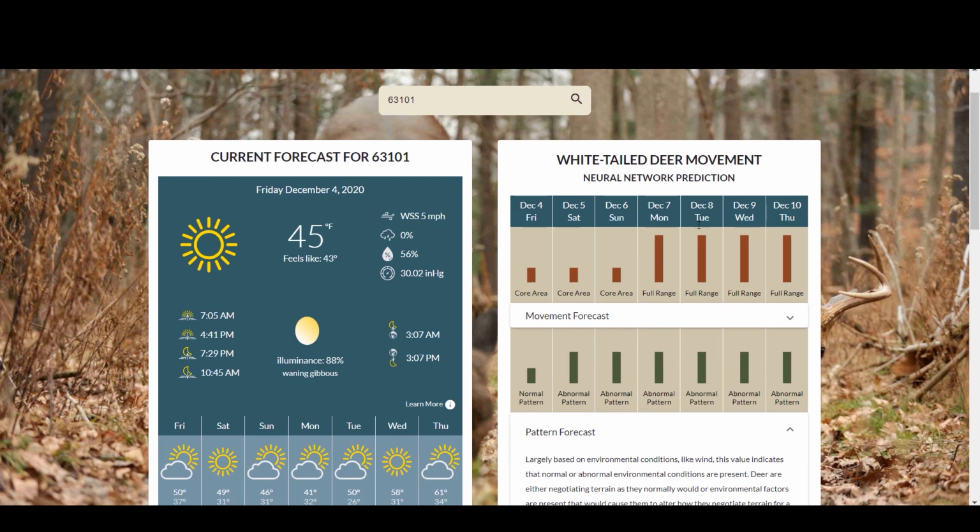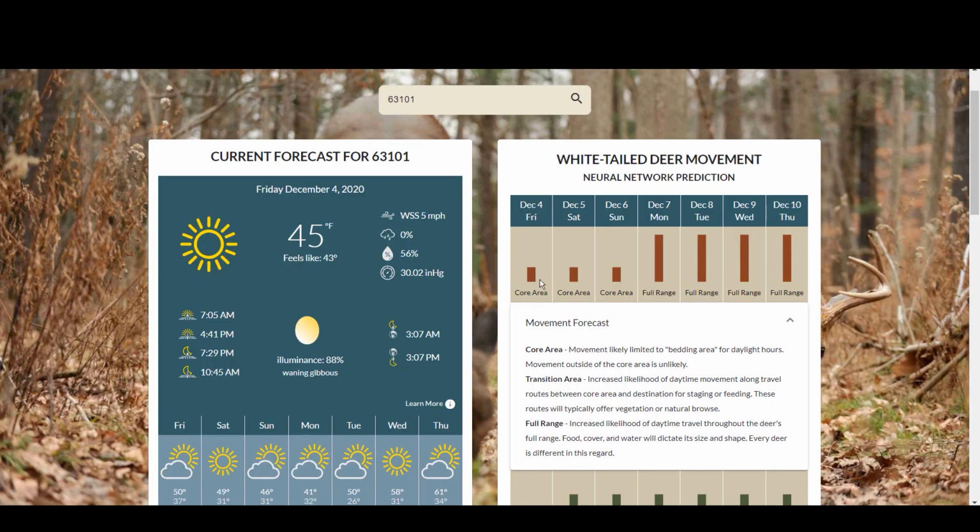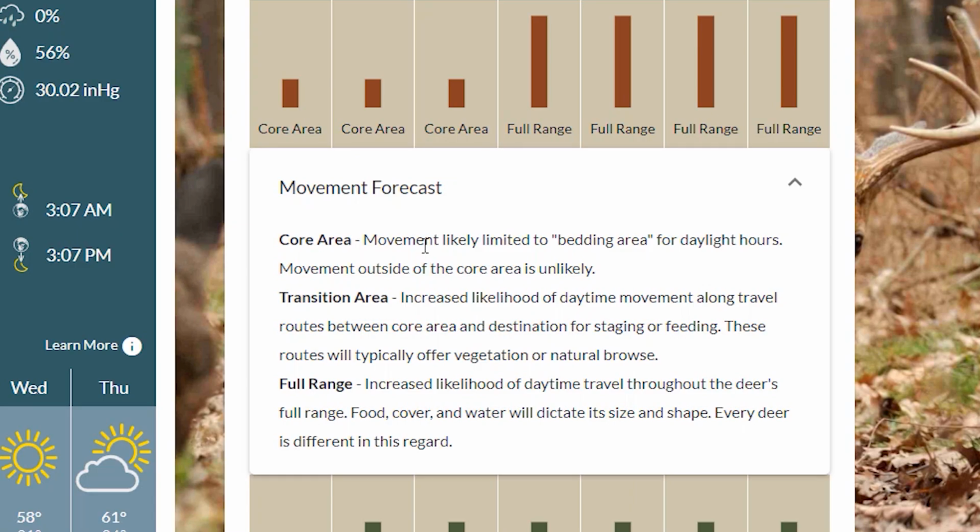So I just plugged in a different location here, and I want to really focus on what the movement forecast means. So for this particular area, we have core area movement for the next 3 days, and then it switches over to full range. If you read the description here, core area movement likely limited to bedding area for daylight hours. Movement outside of the core area is unlikely. So this is intended to be the type of day where you just don't see a lot of deer